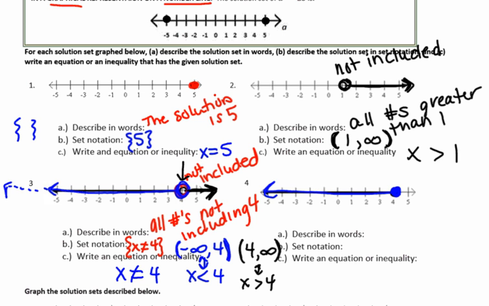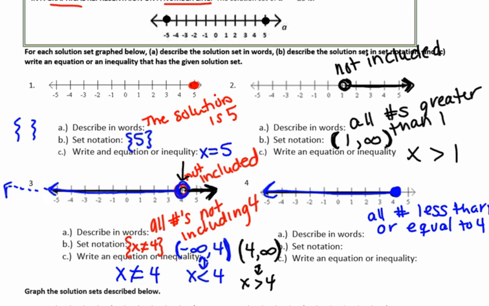So when I write it out in words, it's going to say all numbers less than or equal to 4, because the 4 is included. Less than or equal to 4. Okay? To write this out in set notation again,